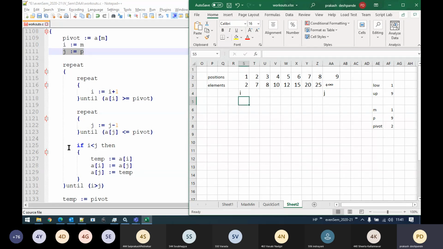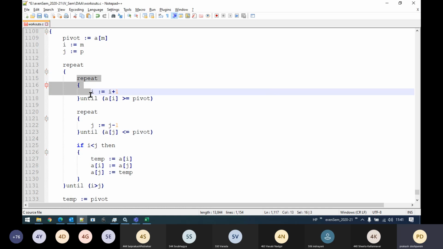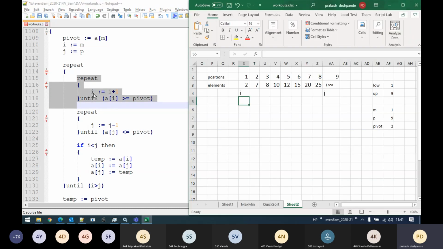Okay. Now it will enter into the repeat until, right? So first again the sub block, that is repeat until. Increment I until you find the element, that is A of I, greater than or equal to pivot. Now it starts incrementing here. How long it will increment? Can anyone tell me? Until it is greater than pivot. One second, students. I think here I have written the elements in the sorted array itself, right? You also did not notice it, right? All the elements are sorted itself.